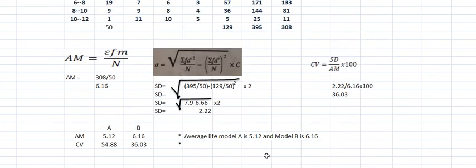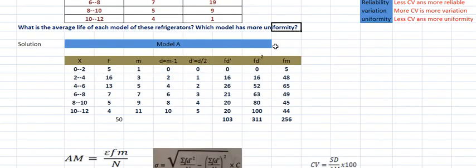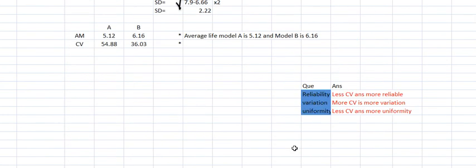I explained to you. But for this question they are asking you more uniformity. More uniformity means what? We need the less CV variable. Out of these two, less CV is this one. So the answer is model B has more uniformity as its CV is less compared to